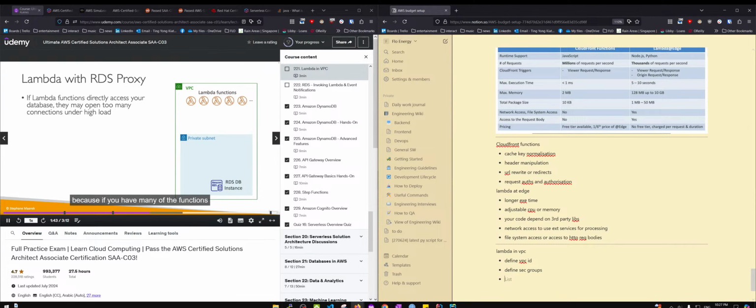because if you have many Lambda functions appearing and disappearing over time, then you may have too many open connections under high load on your RDS database, and it will lead to timeouts and issues. So instead, what you would do is launch an RDS proxy. This proxy will pool connections and connect with fewer connections into your RDS database instance. So your Lambda functions now connect to the RDS proxy, which connects to the RDS database instance,